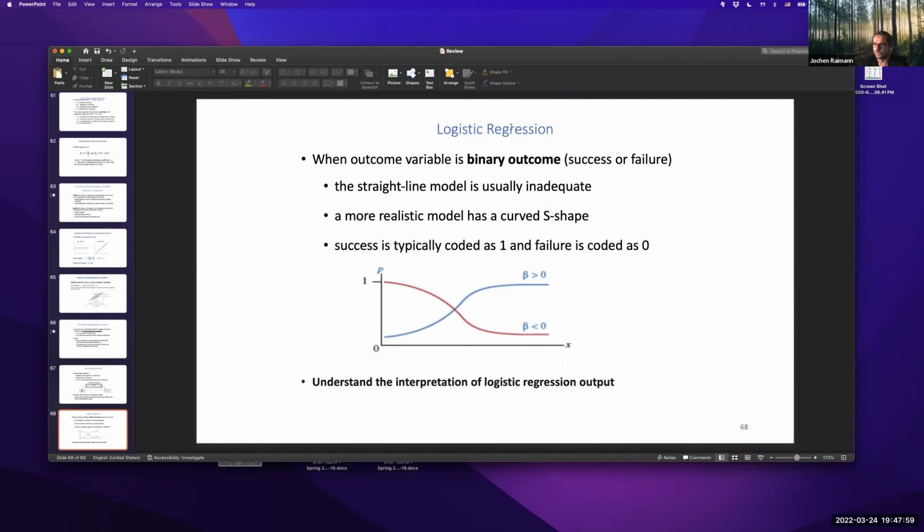So important is to know when to use logistic regression, and this is a binary outcome. So this is success or failure. This can be hospitalization, yes, no. This can be death, yes, no. It's important to keep in mind that this has, of course, assumptions, and one of the major assumptions is that it's a consistent risk over the entire period of time, and that this risk is not changing by loss to follow-up, for example, where individuals are dropping out.